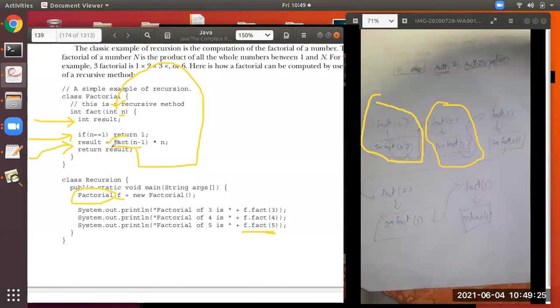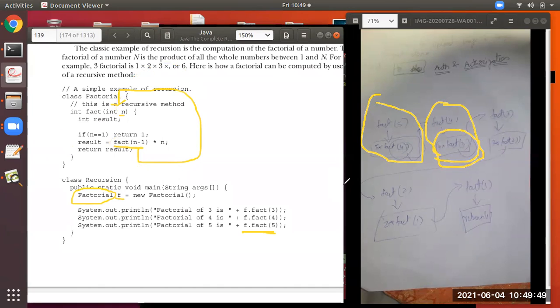Fact of 4 minus 1 into 4 becomes 4 into fact of 3. You all observe here, 4 into fact of 3, this is fact of 3, which is again a function call.